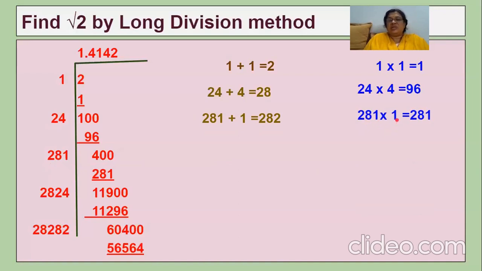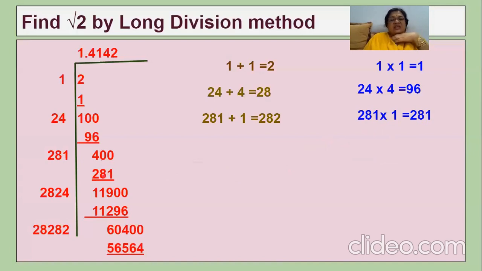See here, when you multiply with 1, you'll get 281. When you put 2, you have to multiply with 2. When you put 3, you have to multiply with 3. So when you put 2, 3, 4, that number you'll get will be more than 400. So that is not suitable for this. So 1 is perfect. When you keep 1, you'll get 281. That number is less than 400.